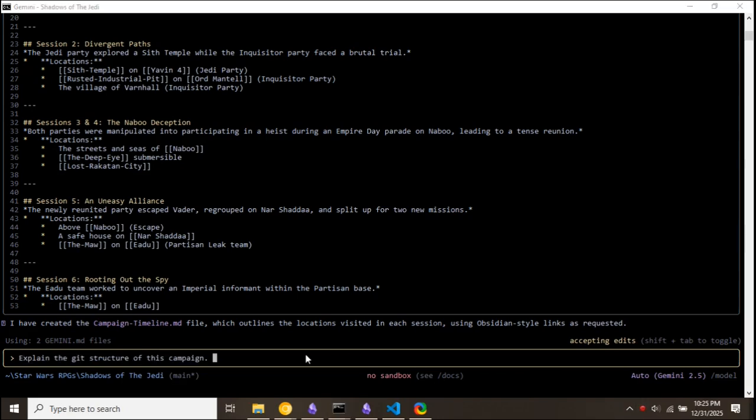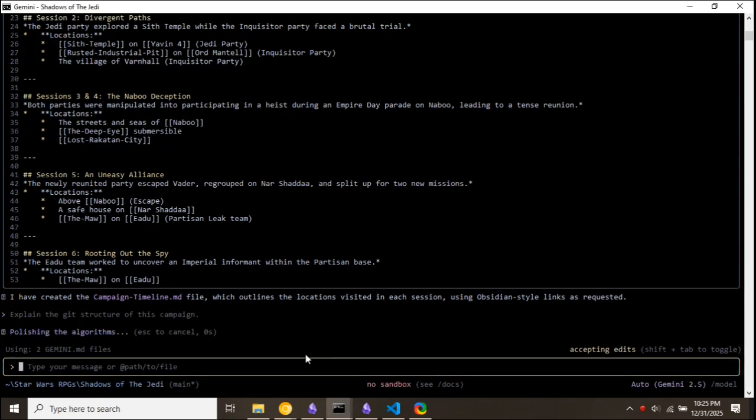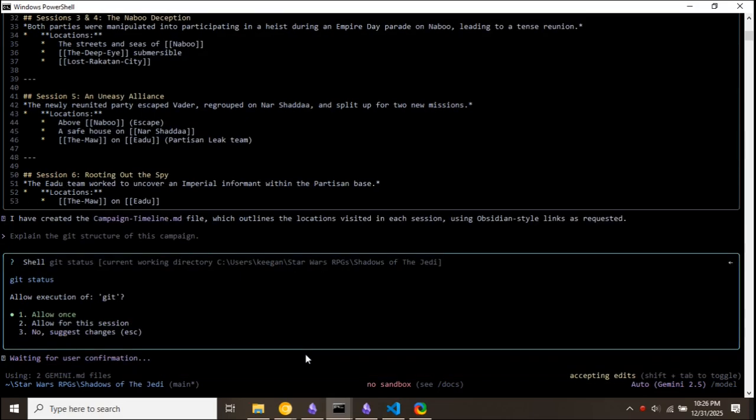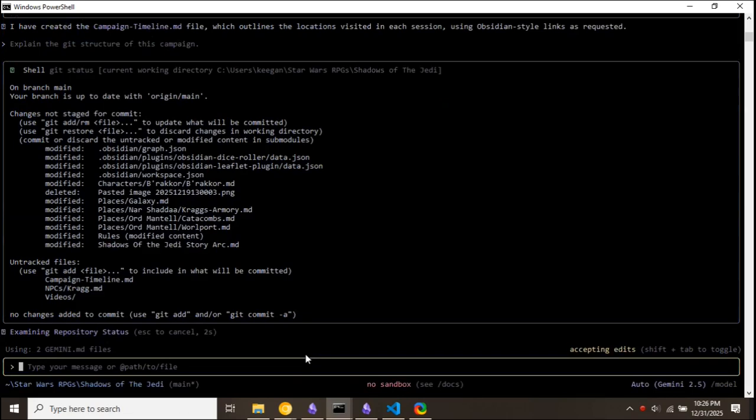I talked earlier about how the Git structure with submodules can get complicated. But Gemini-CLI is another way that you can also help manage those complications. So I have all these submodules created inside the main module, and inside what's called the Gemini MD file, this is essentially a file that Gemini preloads itself with when you start Gemini from your command line. That contains information about the repository you're in, so it kind of knows some amount of context. Inside that Gemini MD file, I explain all of the Git structure that it has, so that way it can relatively easily